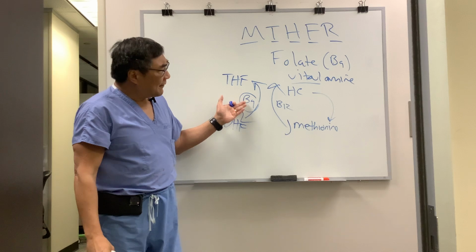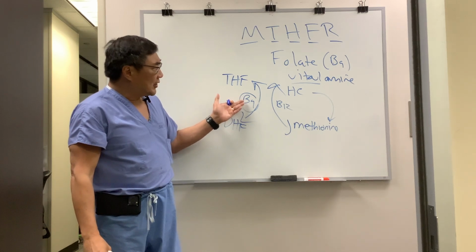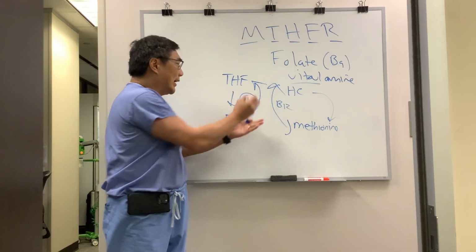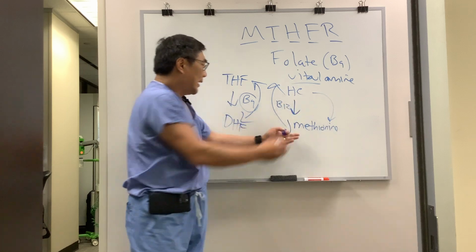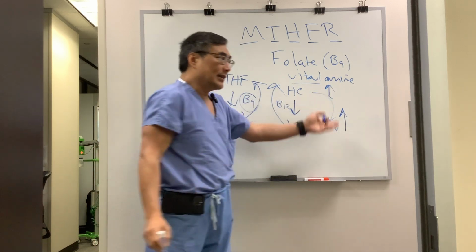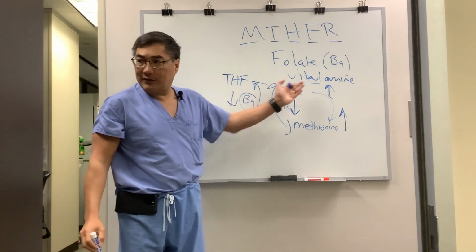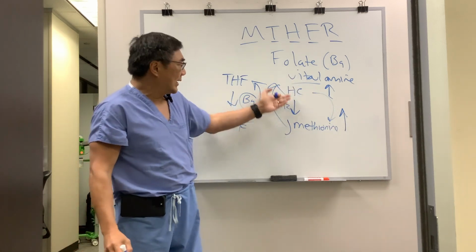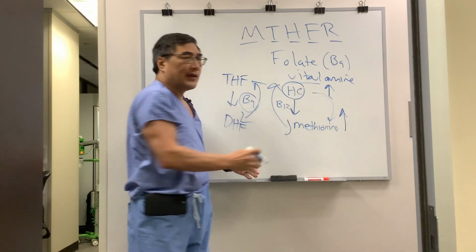So if you don't have folate, you can have a vitamin deficiency in folate or in B12, and that will lead to a rise in homocysteine because you block the conversion from the homocysteine to methionine, and that homocysteine, very